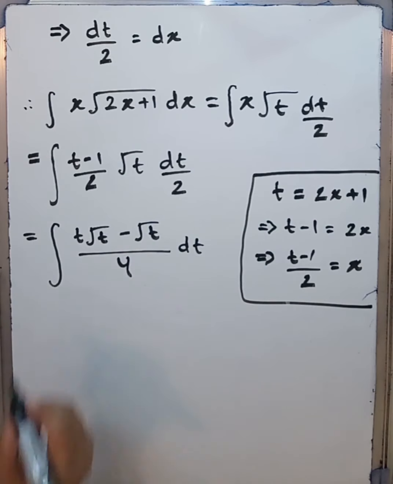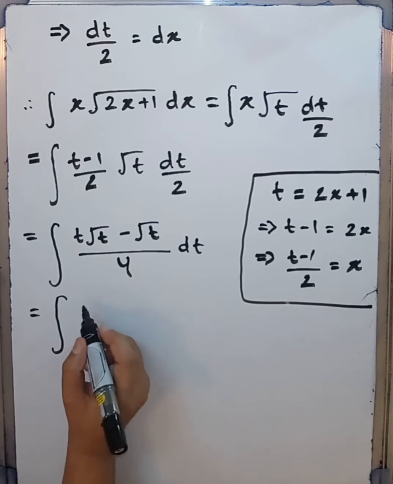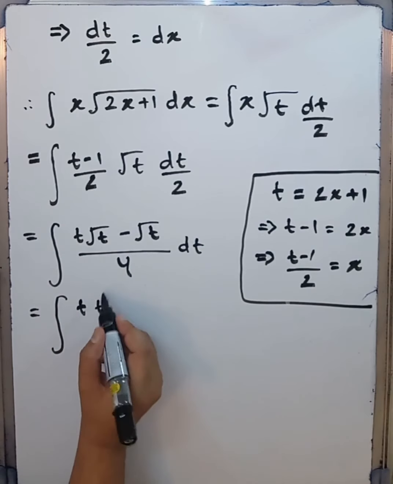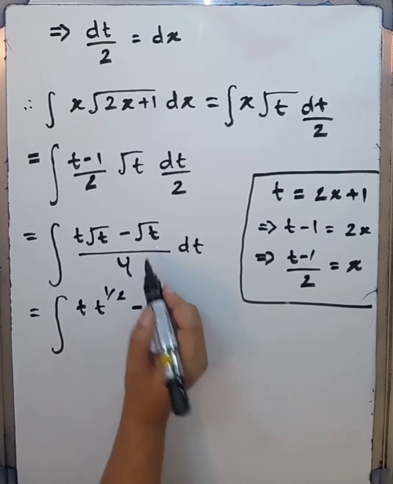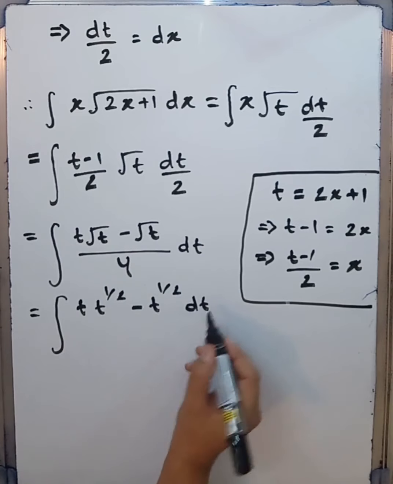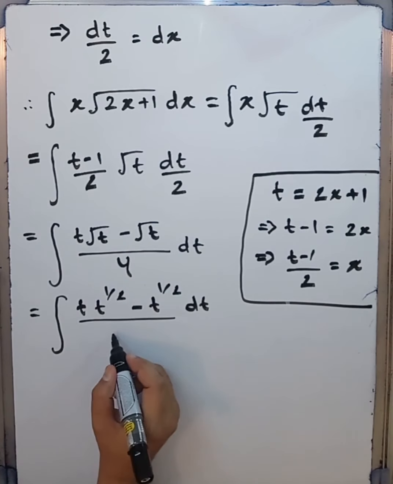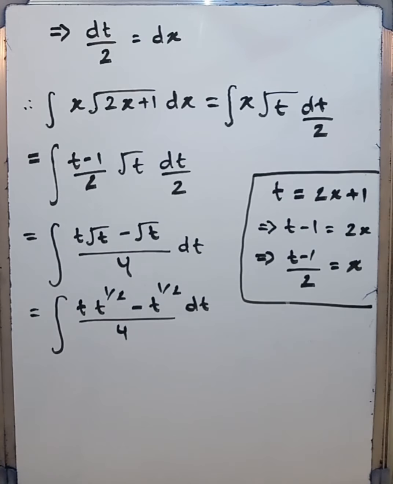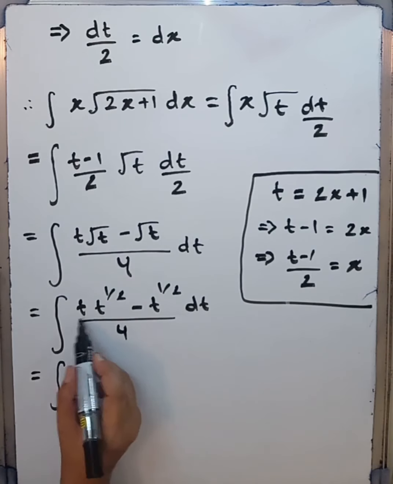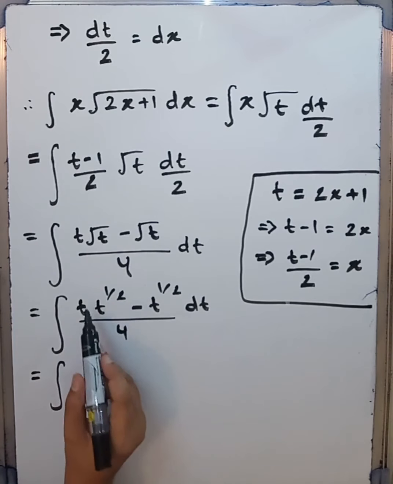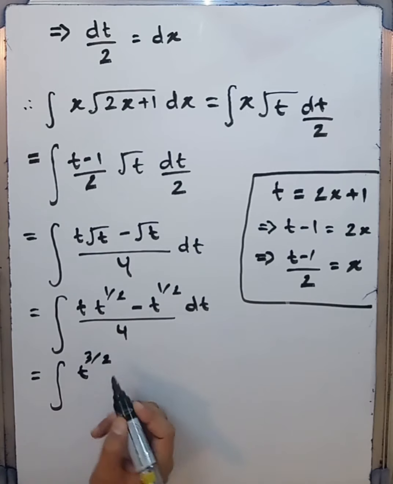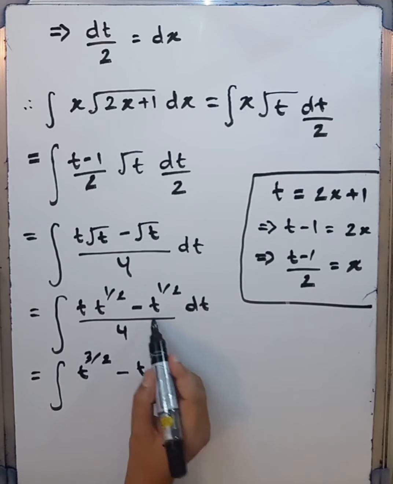We can further simplify it. Integral t and square root t can be written as t power half minus square root t can be written as t power half, dt divided by 4. Or we can write it as integral of t power 1 times t power half. So the powers will add. That will give us t power 3 by 2 minus t power half